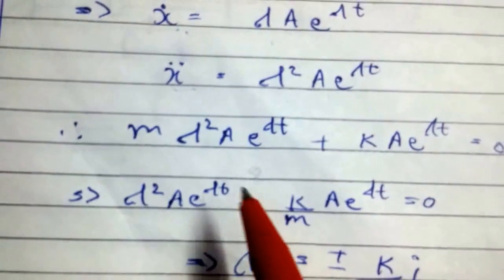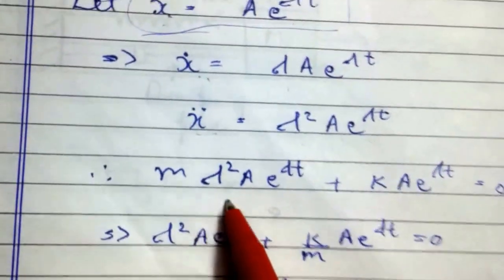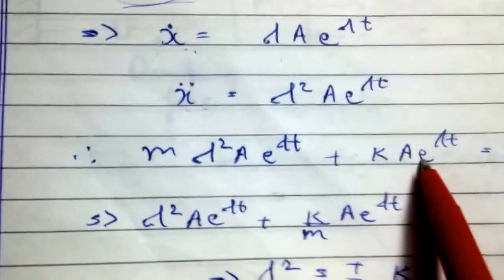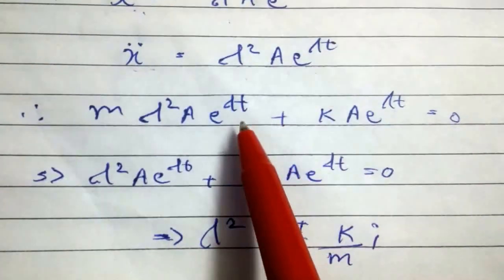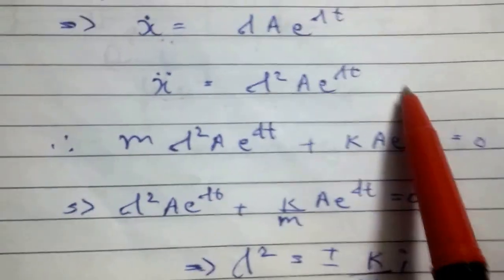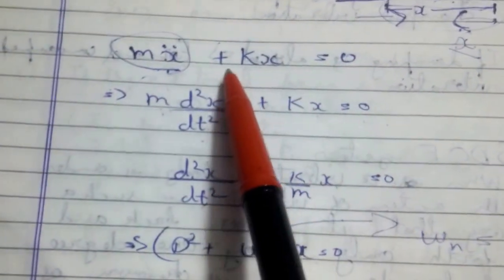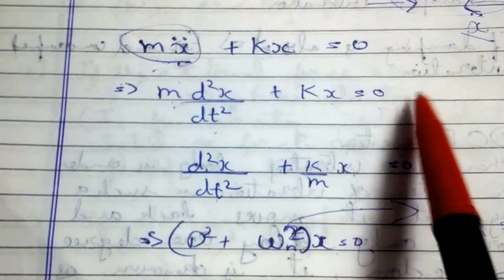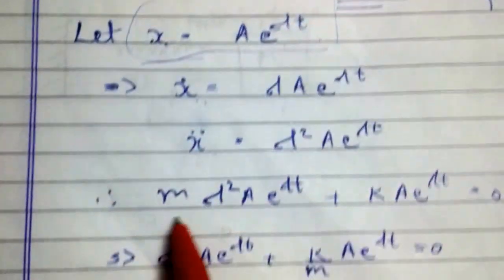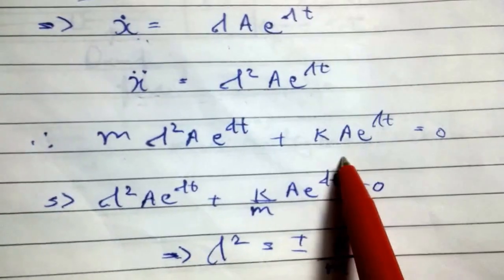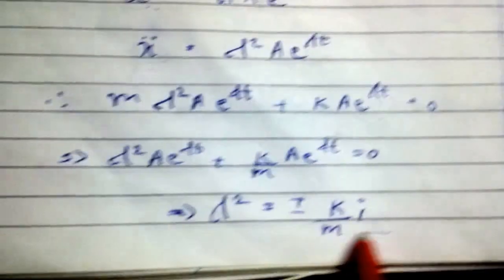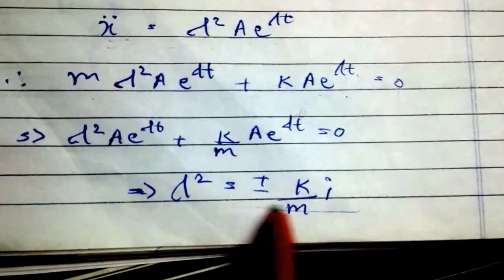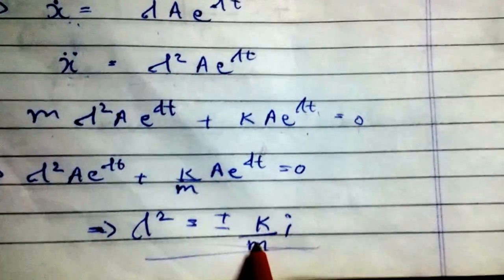So now we can write m lambda square A e raised to lambda t plus k A e raised to lambda t equals 0. This is nothing but substituting the values of x double dot and x in the equation of motion, or the equation of equilibrium. Now simply solving it as a quadratic equation, we get lambda square equals plus or minus k by m i. As we have defined under root k by m as omega n,